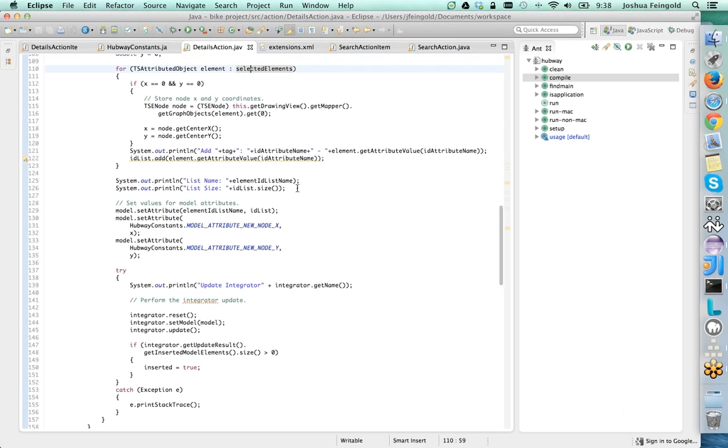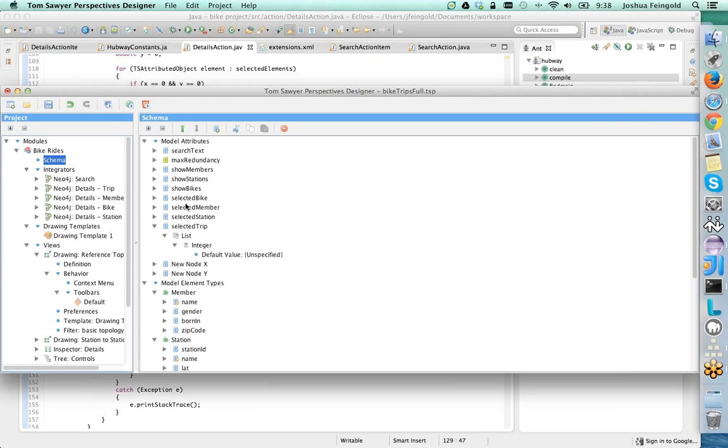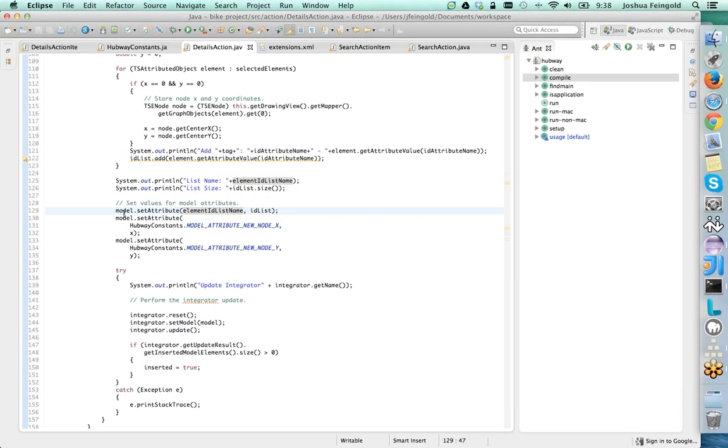We're just going to get these selected elements, right? So the selected elements are just pulled in by getting the model selection and getting all those selected attributed objects with this tag, right? So all the nodes with the specified tag or edges with a specified tag are going to come back as selected elements. Then we're just going to go through them,